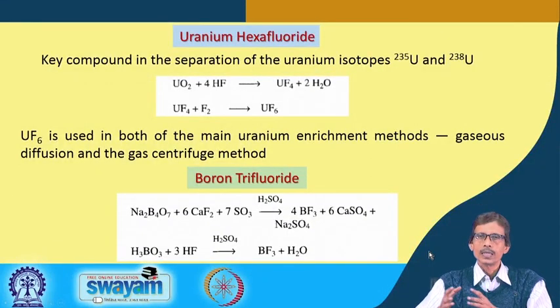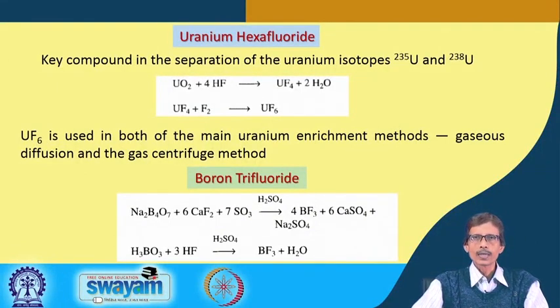These two are your byproducts, and if we are able to separate these two byproducts, calcium sulfate and sodium sulfate, from the boron trifluoride, we can have these two materials also as useful industrial materials if you can prepare a large amount of calcium sulfate, because we know that is nothing but your plaster of Paris type of thing from the gypsum we get, and your sodium sulfate, which we also prepare from elemental sulfur.